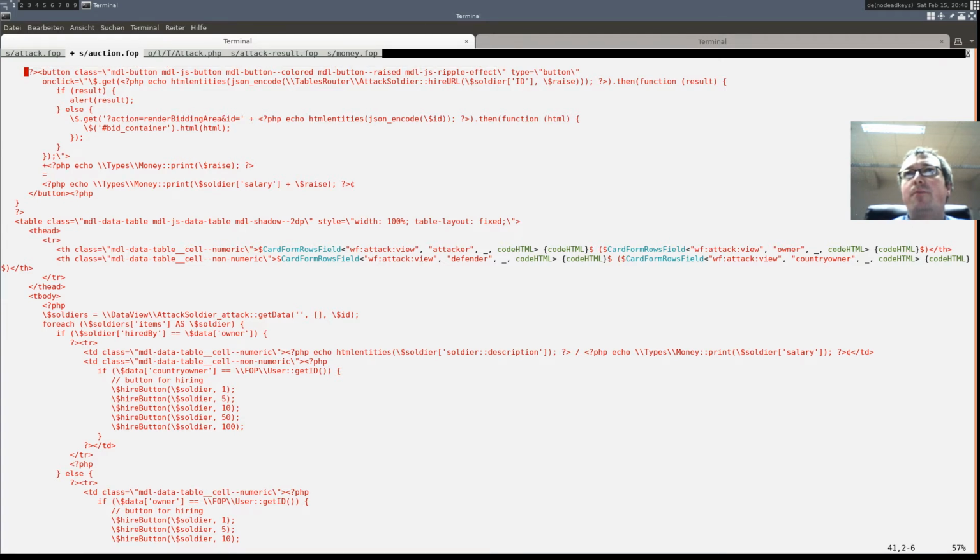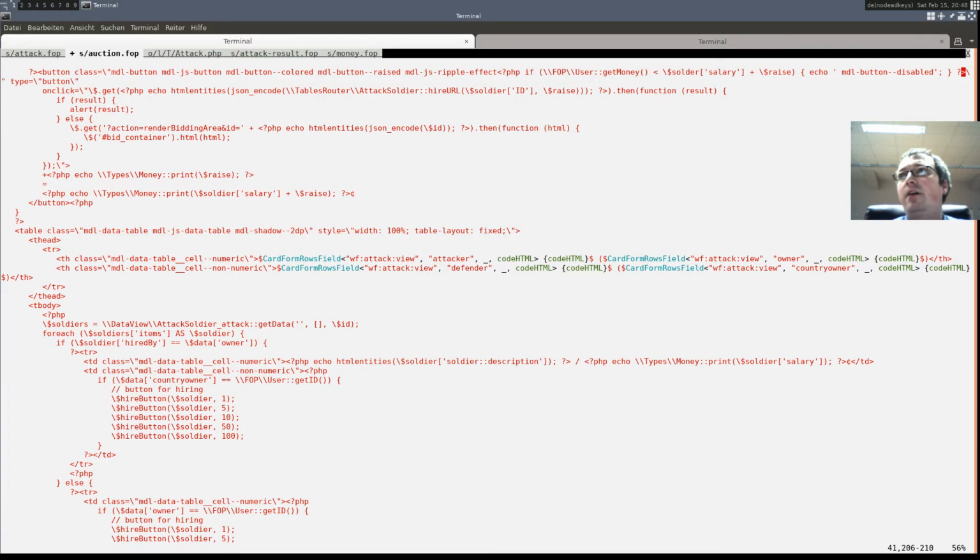So ripple effect, and then if money is smaller than salary plus raise, then we also render a disabled thing.